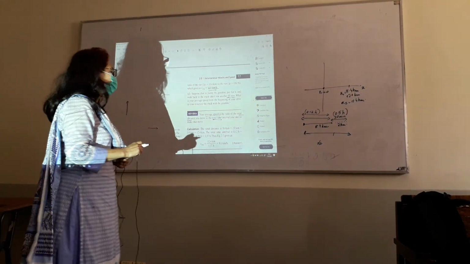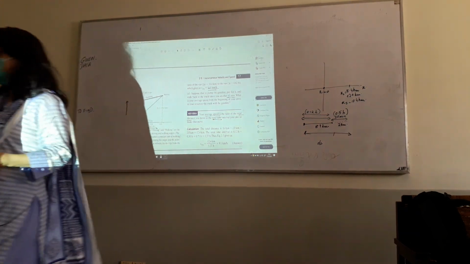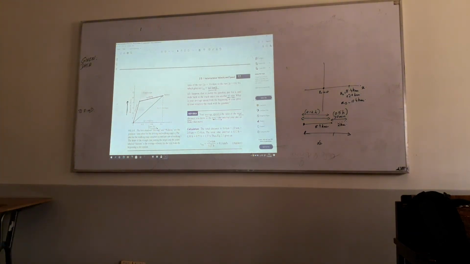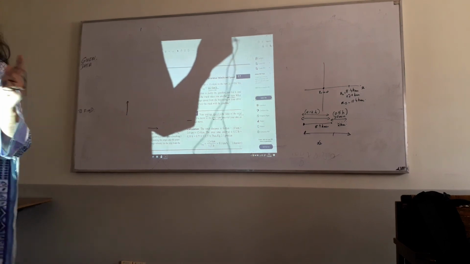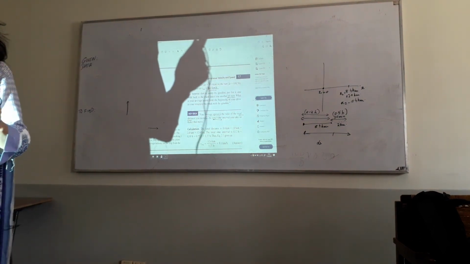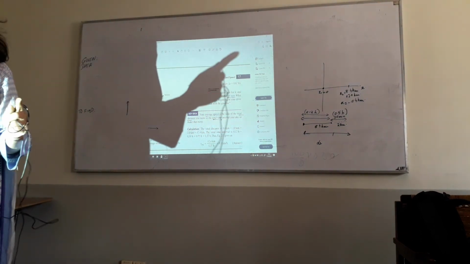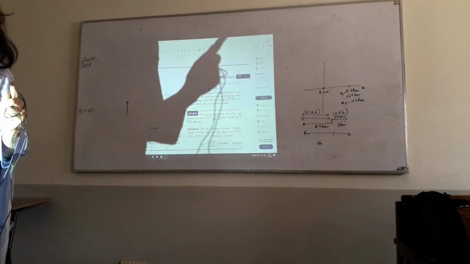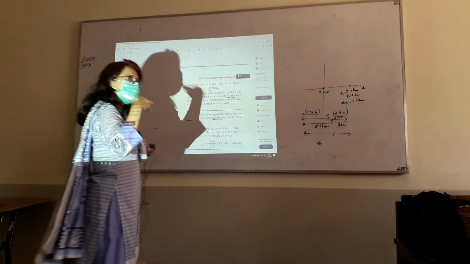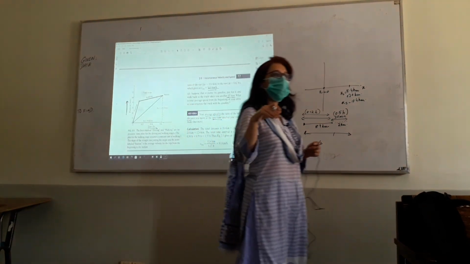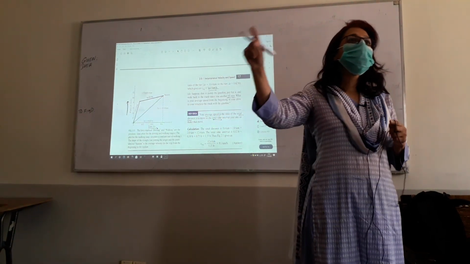So, in this case, remember one thing, did you notice a change? In the first three parts of the problem, we were talking about velocity, and in the fourth part, we are talking about speed. There is a change. Remember, speed and velocity sound similar, but they are not the same thing. Okay? So, please keep that in mind, number one. Number two, since we were talking about velocity in the beginning part of the problem, velocity is dependent upon displacement.